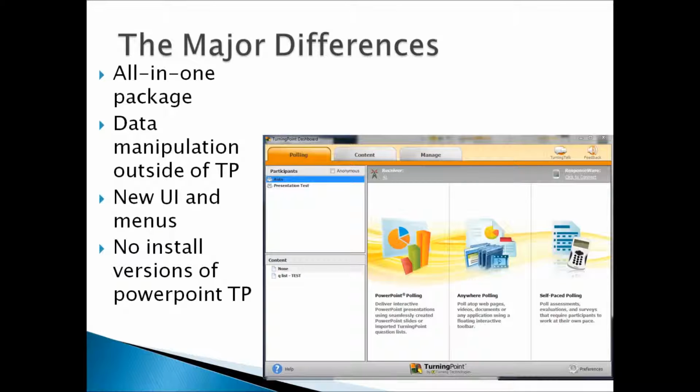As I mentioned, the UI, user interface, is new. It allows for easier access of material. Things are more intuitive and easier to get to, and this opens up before you actually begin either TurningPoint Anywhere or TurningPoint or the self-paced polling. You have to use it to get through any of the programs,